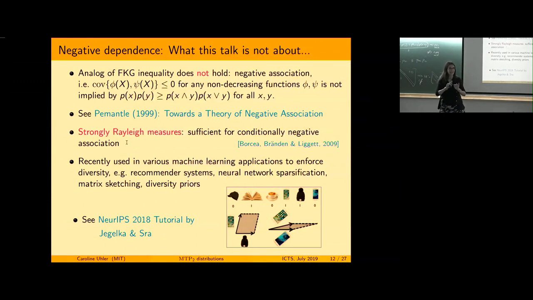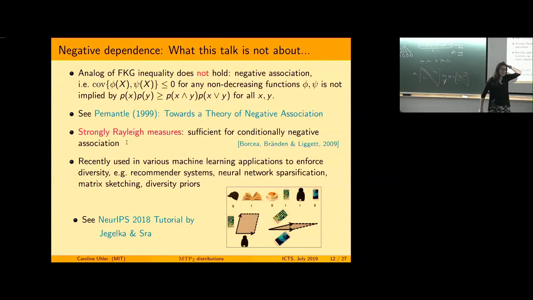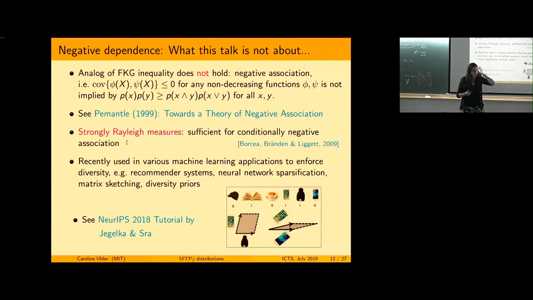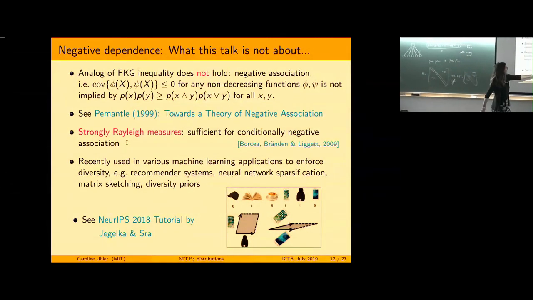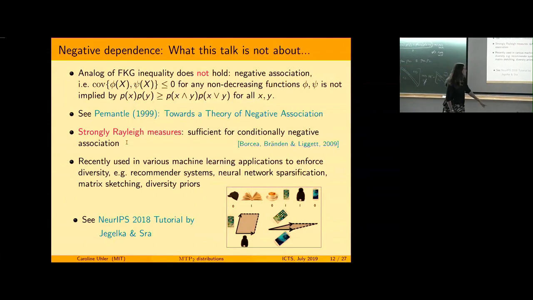But just notice that it's a very different story than positive association. It's not symmetric. It's not the case that I can just turn around all the signs and I'm good to go. So that's all I will say about negative dependence. If you want a nice tutorial on negative dependence, Stefanie Jegelka and Suvrit Sra have a very nice tutorial at NeurIPS last year,